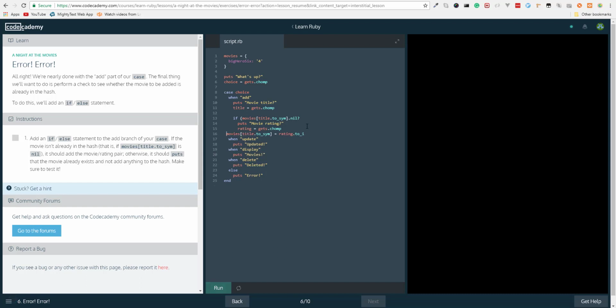We'll just put this in the same line. Haven't really figured out what kind of style I like with Ruby quite yet. So else we will put movie not found for, and